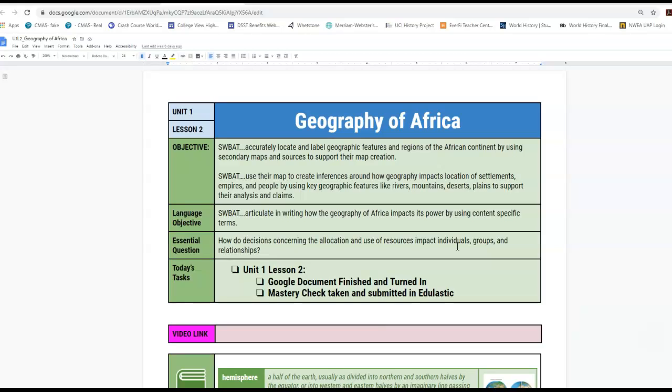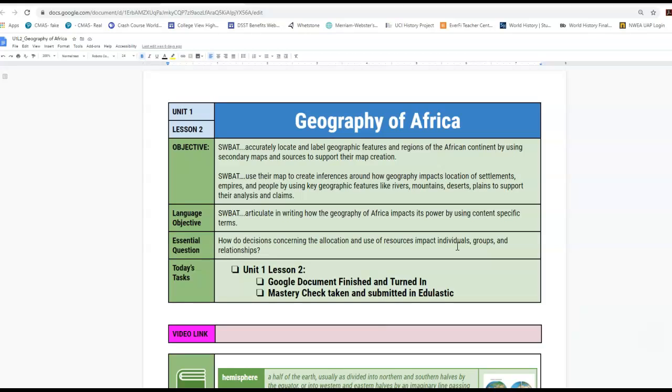You will also be able to use your map to come up with inferences, guesses, hypotheses about how geography impacts locations of settlements, empires, and people by using key geographic features like rivers, mountains, deserts, plains to support your analysis and claims. So it's a lot of information there, but it's basically, can you use a map to figure out information about